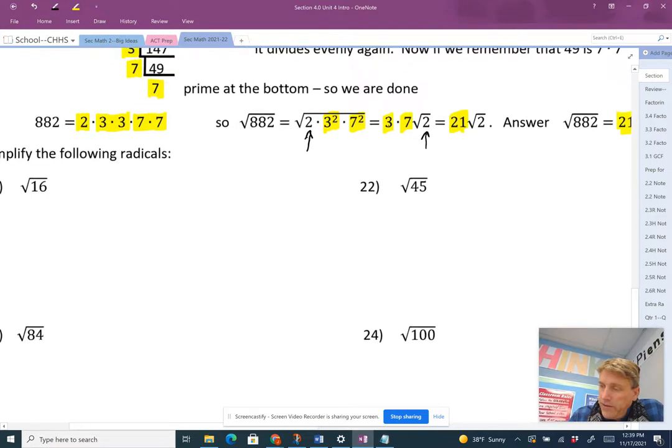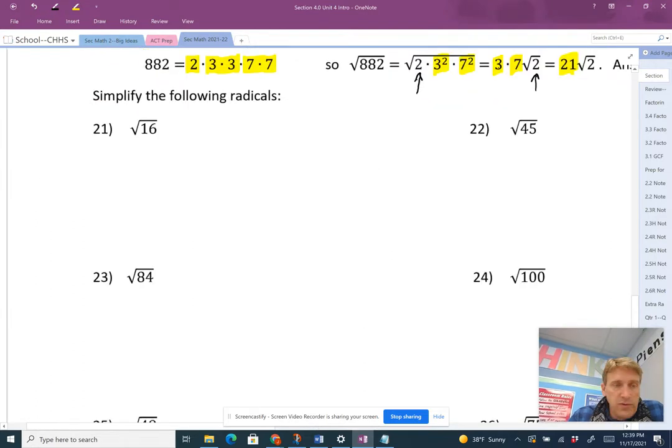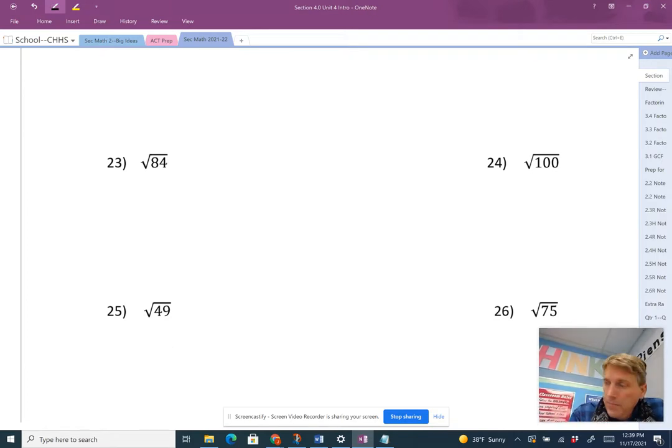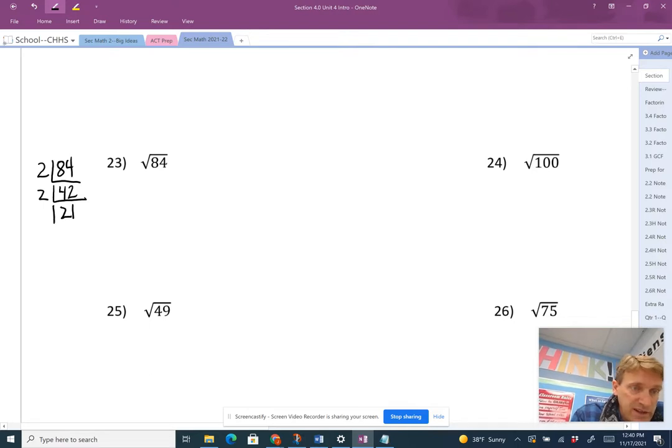All right, I'll do a couple here for you again. The square root of 84. So we're going to take 84. I'll just do it off here to the side. 84 is even, so divide by 2, goes in 42 times. 42 is still even, so 2 will go into 42 21 times. Now, 21 is not even, so 2 will not go into 21. So I go to 3, and 3 goes into 21 7 times, and 7 is prime, and so these are the prime factors: 2, 2,